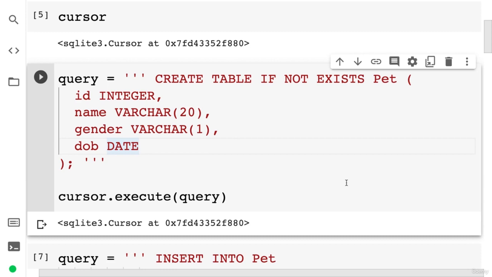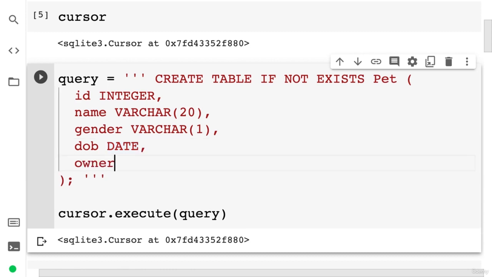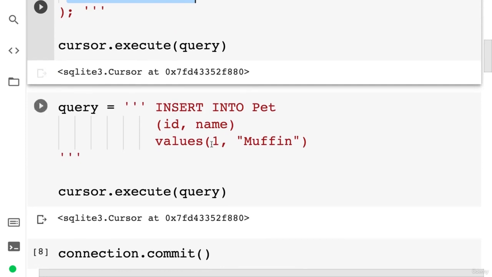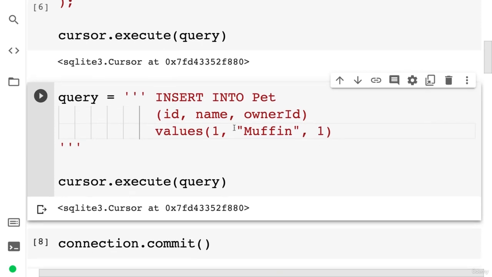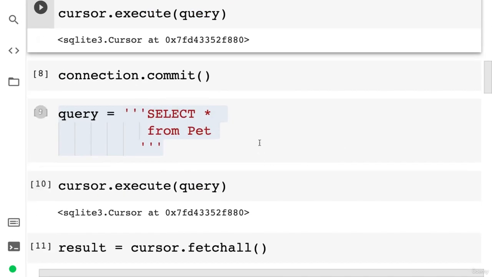I'm going to add a new property, and I'm going to call this owner ID. This is going to be of type integer. This owner ID is referencing the owner of the pet. Then for each pet that we create, let's also pass in an owner ID. And we can pass in a value like 1 because currently our only owner is 1. Right, so here I'm going to